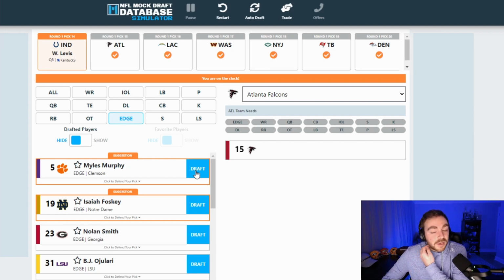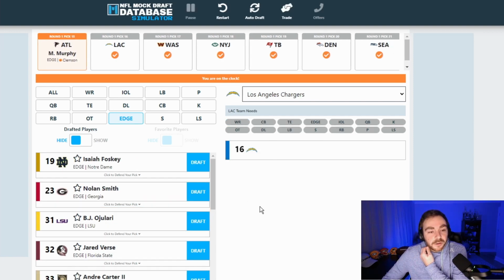I think him being available at pick 15 is a huge deal. You pair him up. Arnold Ebiketie, I think, is really starting to gain some traction. I think his explosiveness is just impressive. He's getting pressure. I think he's got more pressures than some of the first-round picks on the edge, so that's